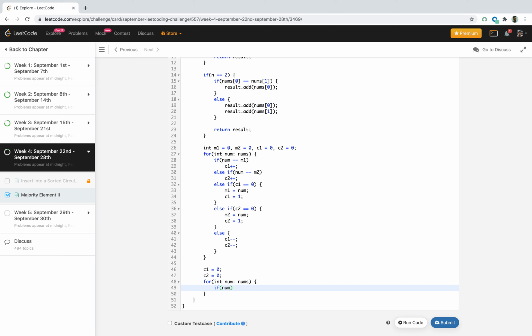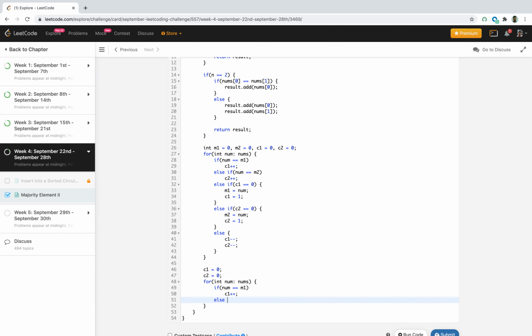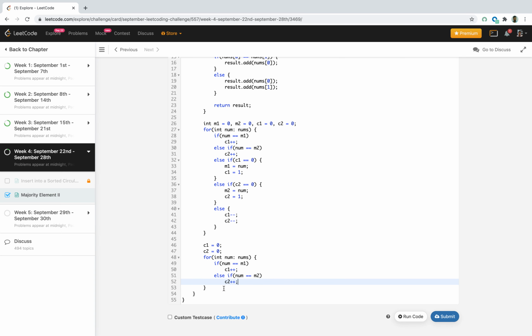If the num equals m1, then we'll increment count 1. Else if it equals m2, then count 2.